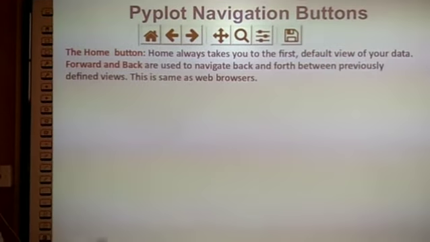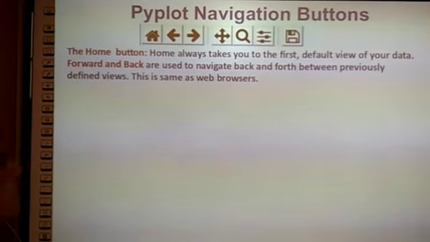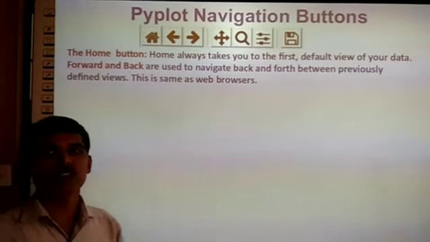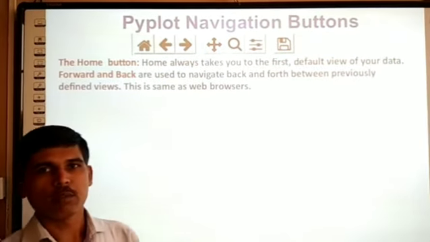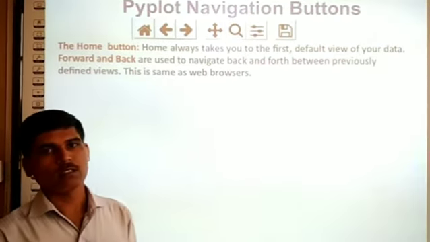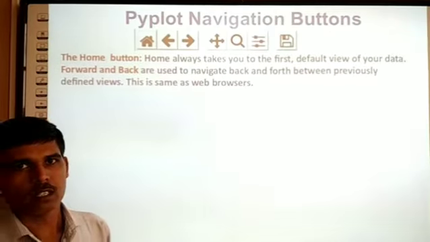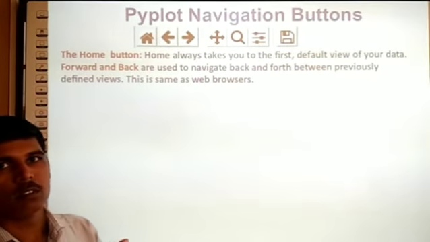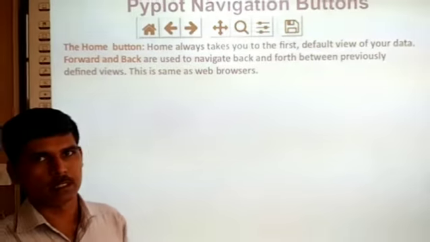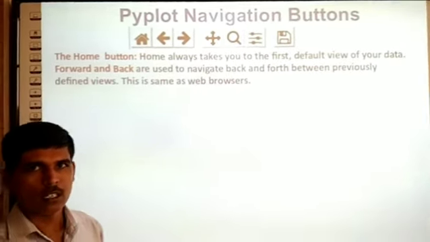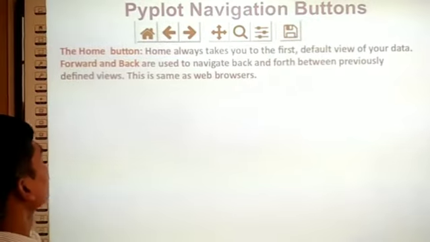Then forward and back. What is the use of the forward and back buttons? Just like your web browser, while browsing websites. In your web browser there are two buttons, one is the left button, another is the right button. If you move from one page to another page, then how to come back to the previous page? Just click on the left arrow button, just like this.